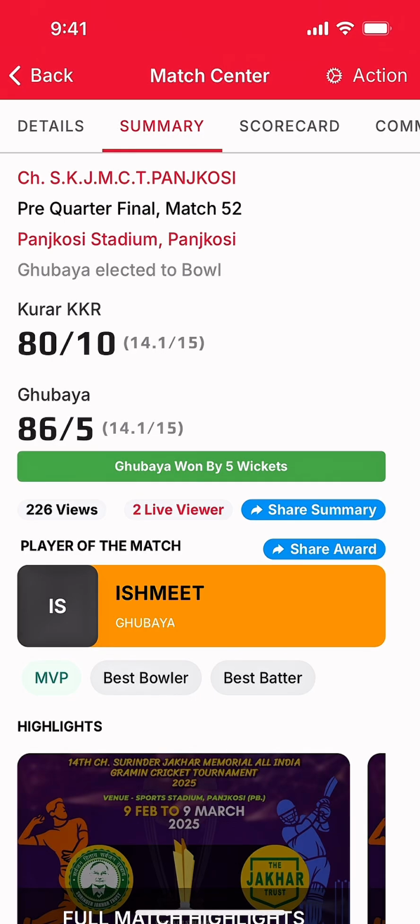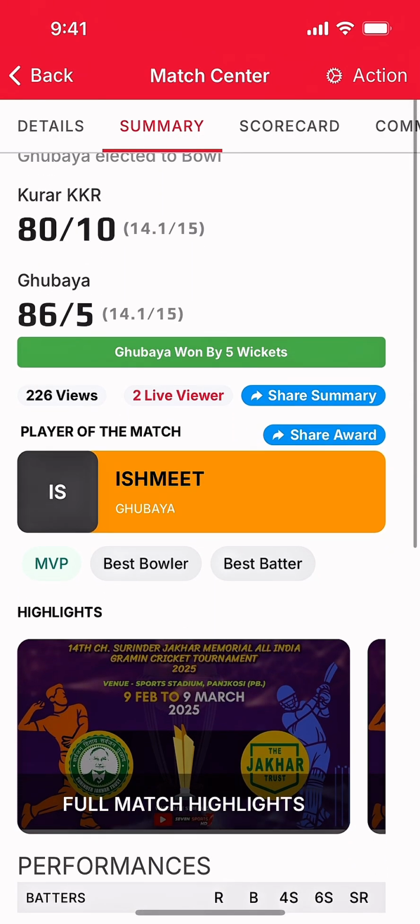Hello, welcome back. In today's video I will guide you about how you can generate a perfect highlight for your cricket match. Many times when you're watching the highlights, you realize that highlights are not perfect, or maybe a particular clip is not perfect. You can edit the highlights on the CrickPro app, and that's good news for you,